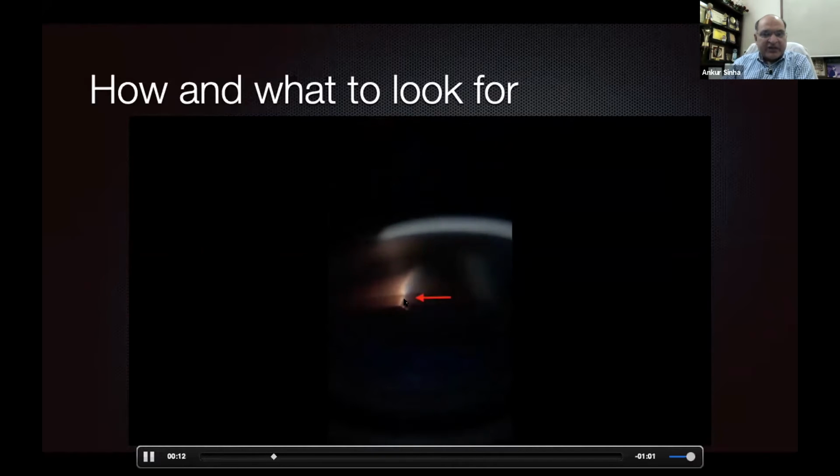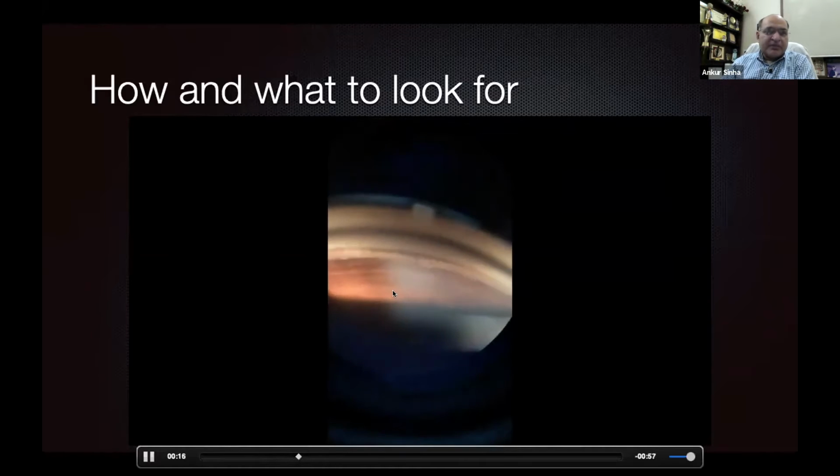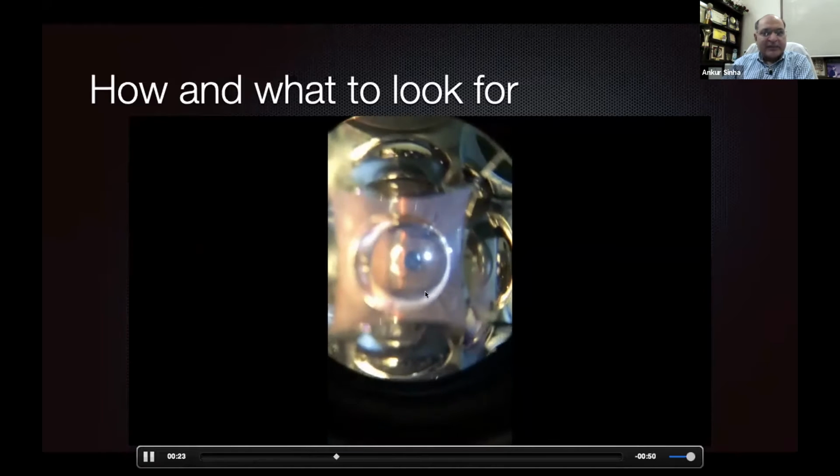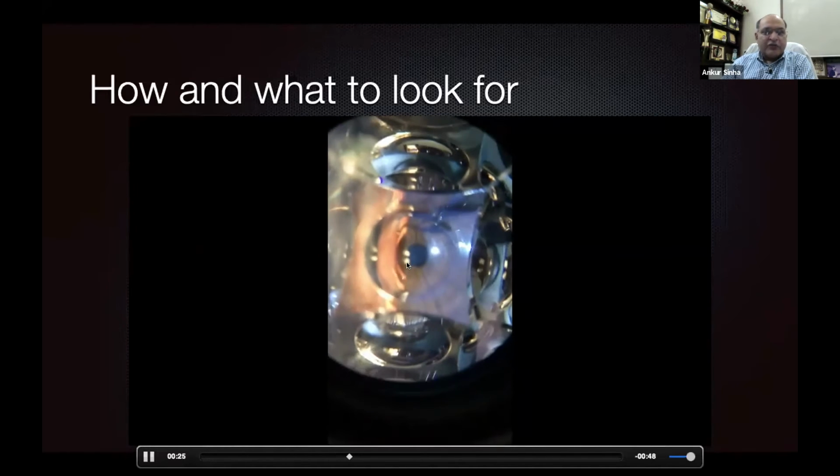So there's slight pigmentation anterior to the Schwalbe's line, which should not be confused with the posterior pigmented part of the trabecular meshwork. So here we can see, now we widen the beam and we identify that there is slight pigmentation anterior to the Schwalbe's line. Now this is the application of a 4 mirror.